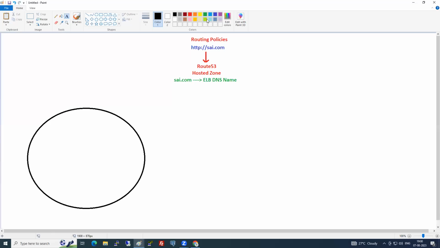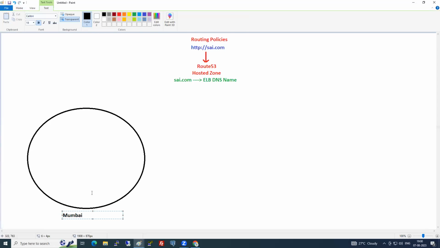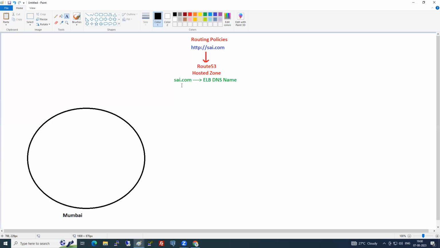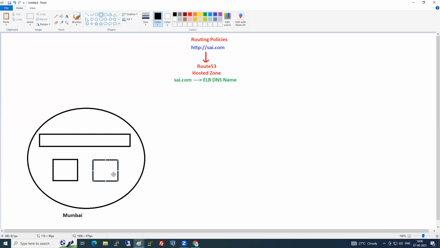This is the infrastructure in the Mumbai region. If Sai.com has to work, we need a load balancer and then EC2 instances in the backend. The load balancer is sending the request to these. So we have the ELB, and these are EC2 instances with the application.